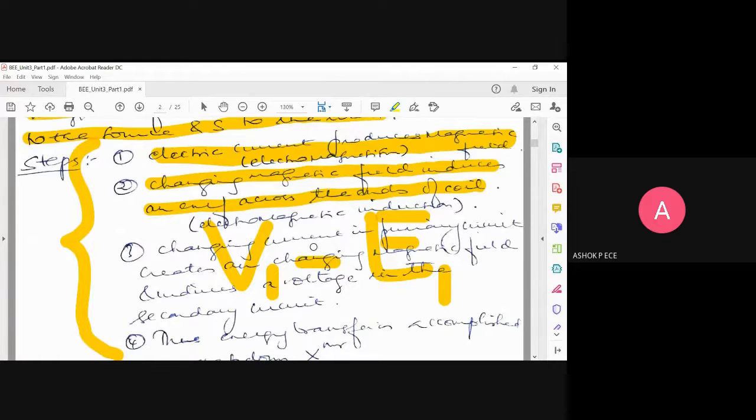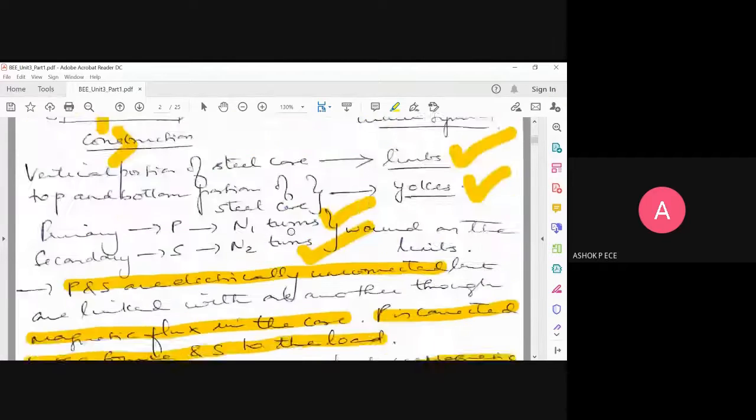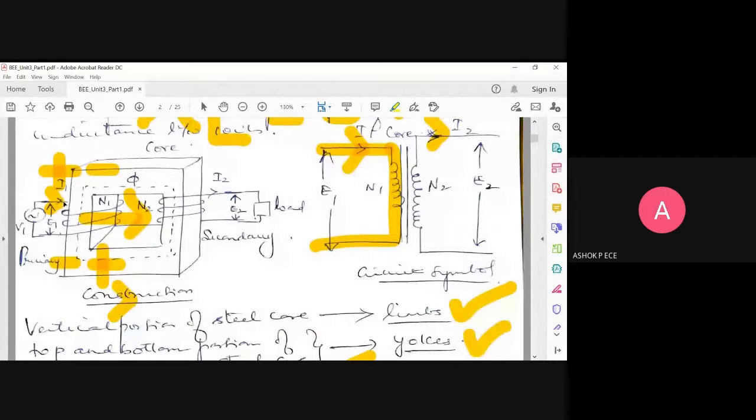And this E1 is because of Faraday's law of electromagnetic induction, which says that whenever you have an alternating magnetic field, that is going to induce an EMF in the coil, and that EMF is always going to oppose the source. The source which creates the EMF is V1, so E1 will always be in the opposite direction to your source. So the second point is electromagnetic induction. The first point: because of the AC voltage, I get AC current, and that AC current produces an AC magnetic field around the coil. Second is the continuation of that: the AC magnetic field is going to induce an EMF in the coil, which is going to oppose your source.